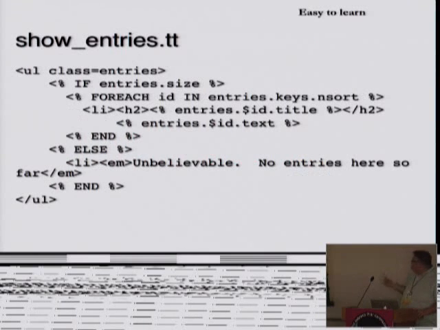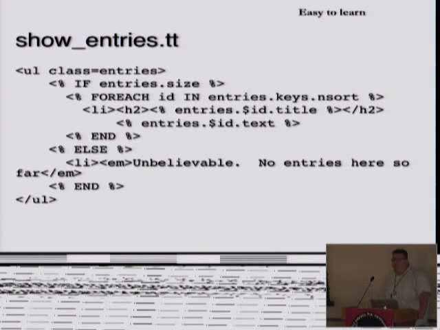So what this is actually showing you is the actual template. Now, this talk isn't about template creation, so I'm not going to go too much into this, but one of the things I thought was important was to pull back all the curtains so you see exactly how everything works end to end. So this is a pretty straightforward Template Toolkit template. There is a difference between this and stock Template Toolkit. Does anyone know what it is?